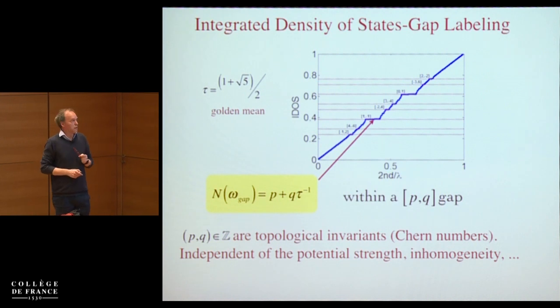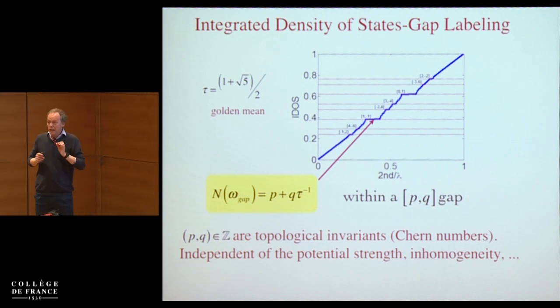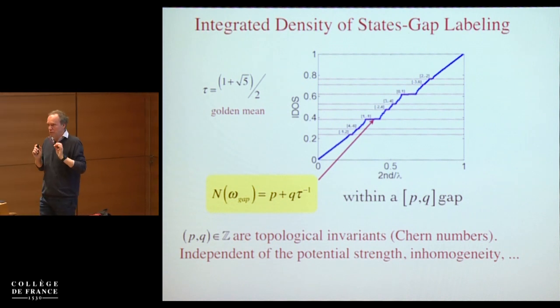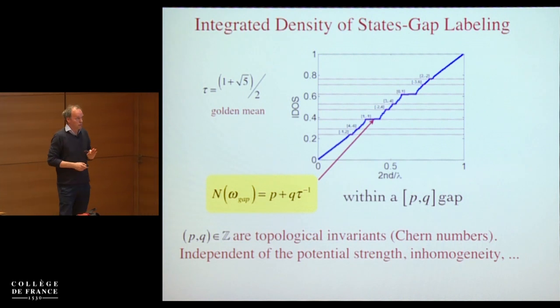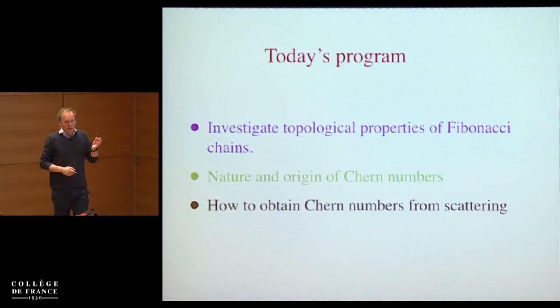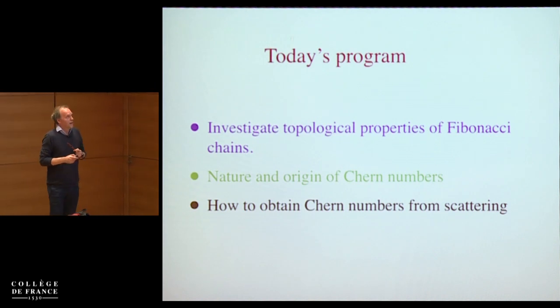They are Chern numbers, and they are independent of the potential strengths and the inhomogeneities that could happen on the chain, and so on and so forth. So again, they are really known, demonstrated mathematically as Chern numbers, topological numbers. Okay. So this being said, what is the program for today is to investigate the topological properties of this Fibonacci